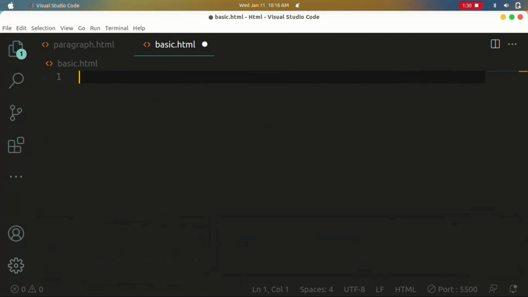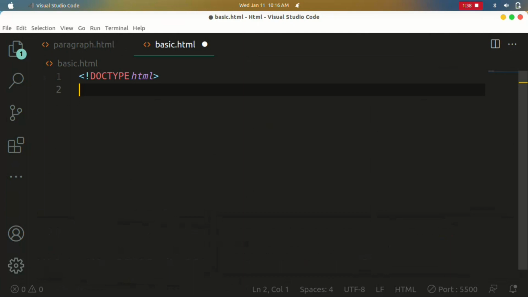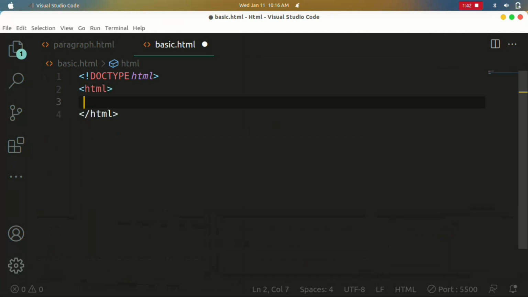So first, when you start with HTML, you write doctype HTML. So this is what you write when you start in HTML. After that, you create another element and name it html, just like this. After this, you add a title. So what's the meaning of the title? So if the title is basic,